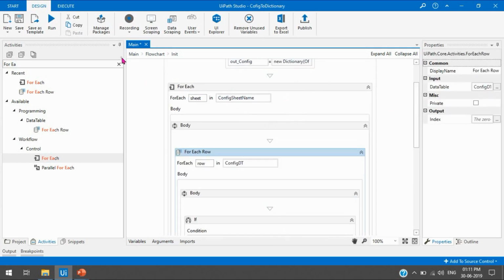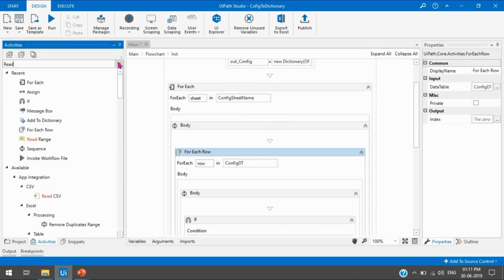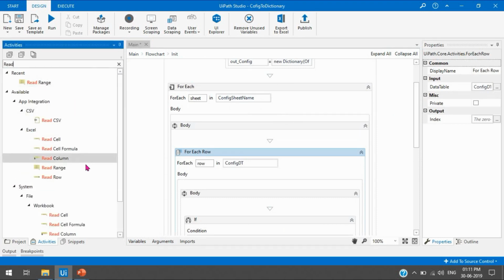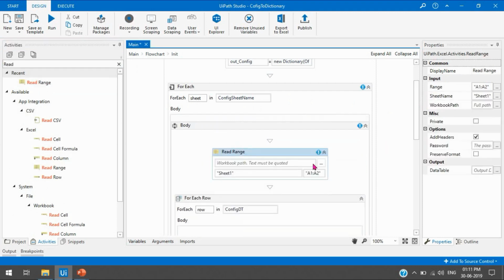data. So now we need to take the read range activity, this one, and we'll pass here the path, which will be the config file, and the sheet. This time every time the sheet will change, because first time master, then SAP, then assets. That's why we have the loop.